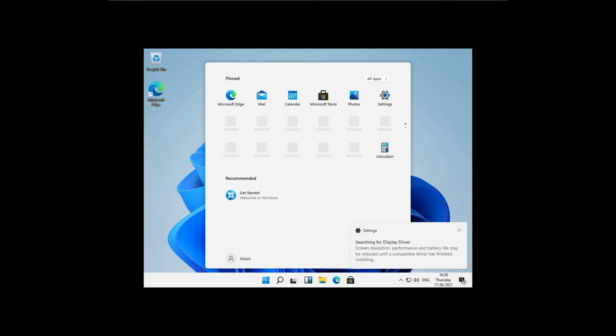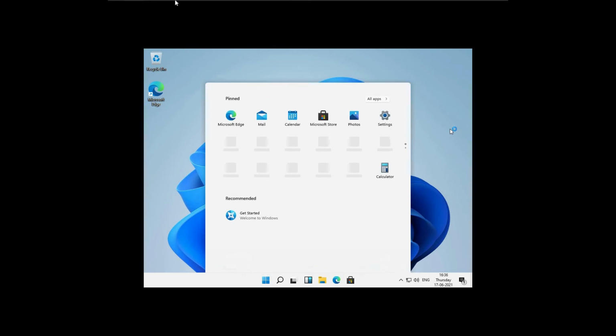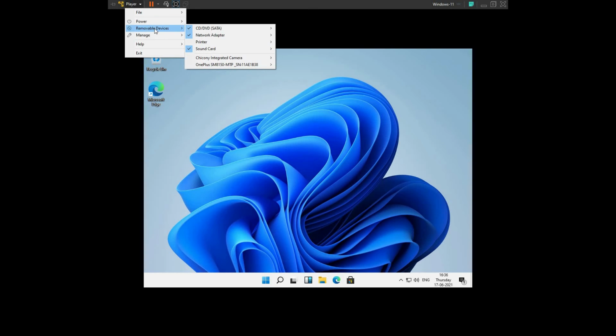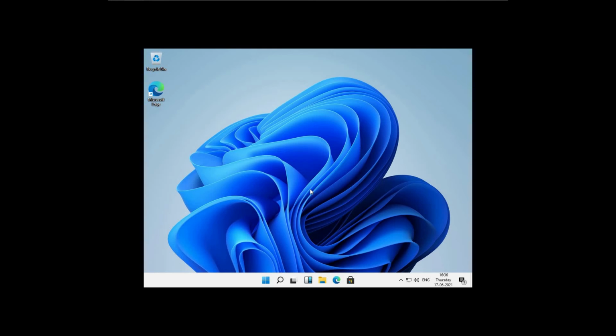So here you can see that our Windows 11 is now successfully installed, and here is the start menu of Windows 11. First let me install the VMware Tools, and let me change the display setting to make it better.